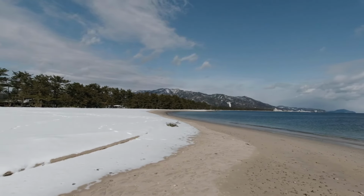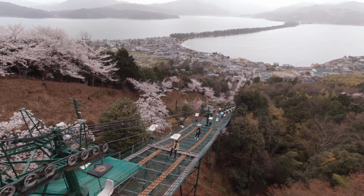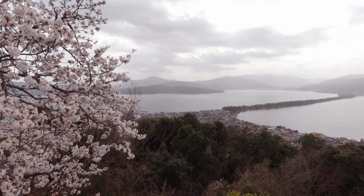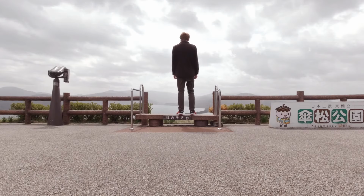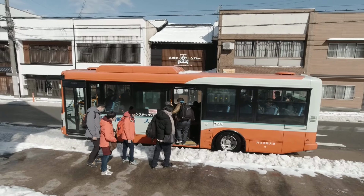When you reach the other side, you'll be faced with a choice of cable car or chairlift, and before you know it, you'll be drinking in one of the most celebrated vistas in the whole of the country. Get into the right position and you'll see how this incredible spot got its name as the Bridge to Heaven. And once you've captured the scene for your Instagram, the next step is taking a short bus ride further up the coast